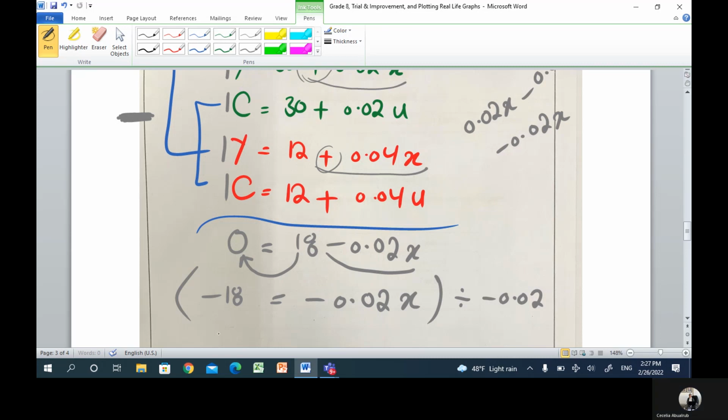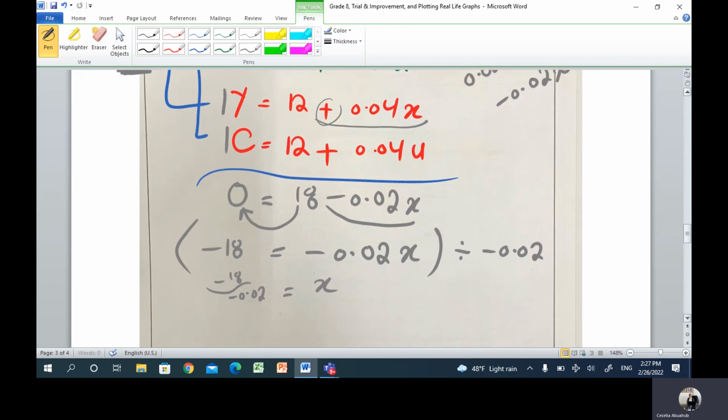So negative 18 over negative 0.02 is equal to x. A negative number divided by a negative number gives a positive number, and 18 divided by 0.02 is